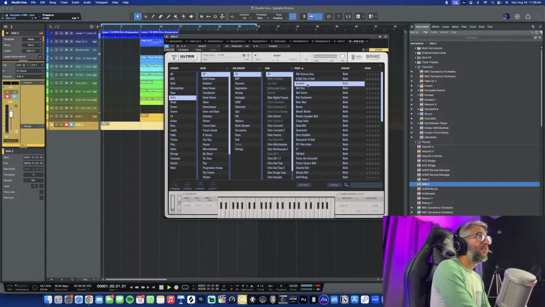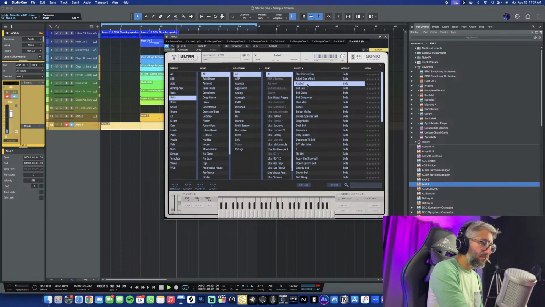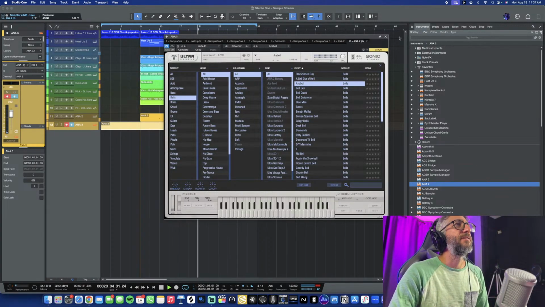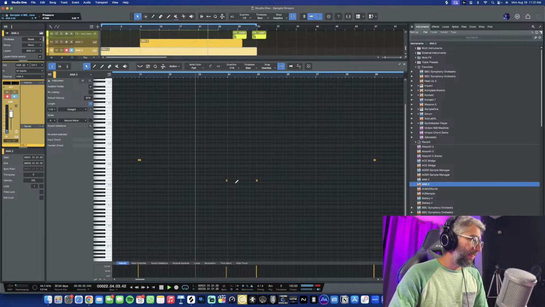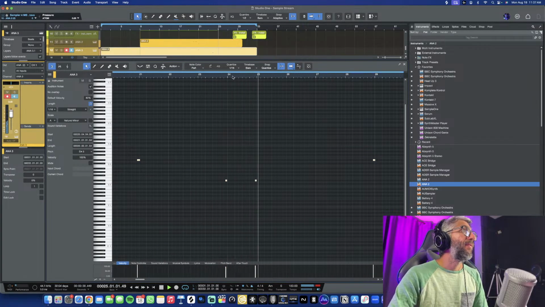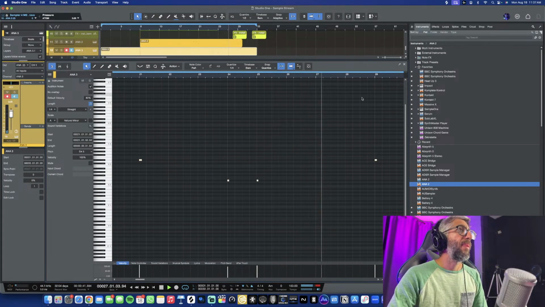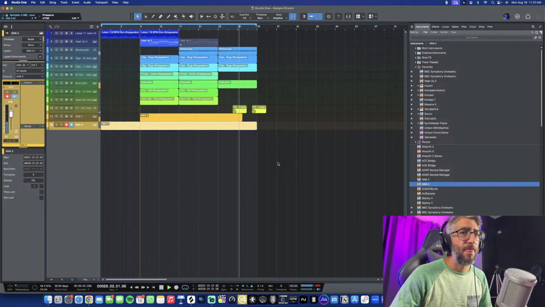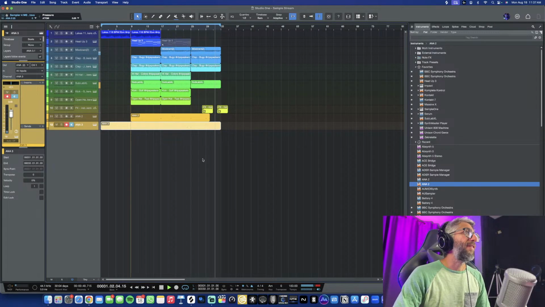That's very cool. That's a nice layering there, just to play with it a little bit. We don't even need that sound actually, but